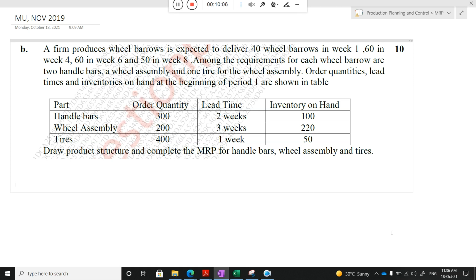What sub components are needed for making this wheelbarrow? Can you tell me, class? All the things are given in this question. There is a wheelbarrow, you need to produce or make the wheelbarrow. For that, 3 sub components are needed. If you assemble these 3 sub components, then you will get the final product. So can you tell me, class, what sub components are actually given in this question? Please tell me quickly.